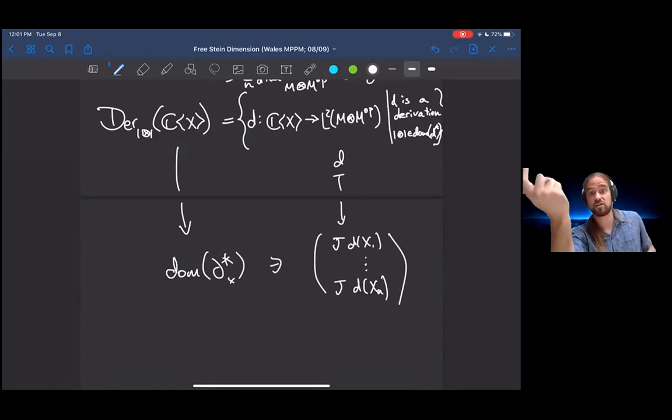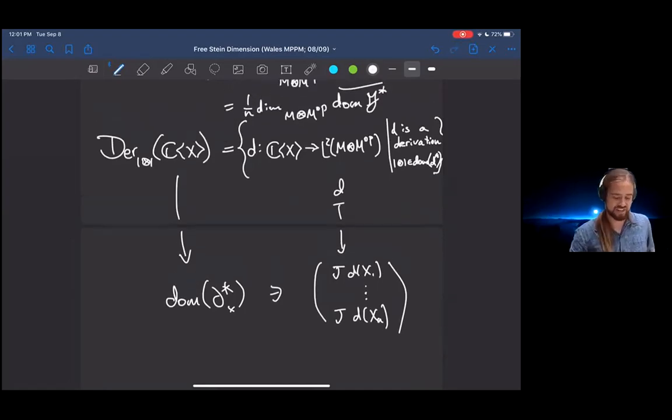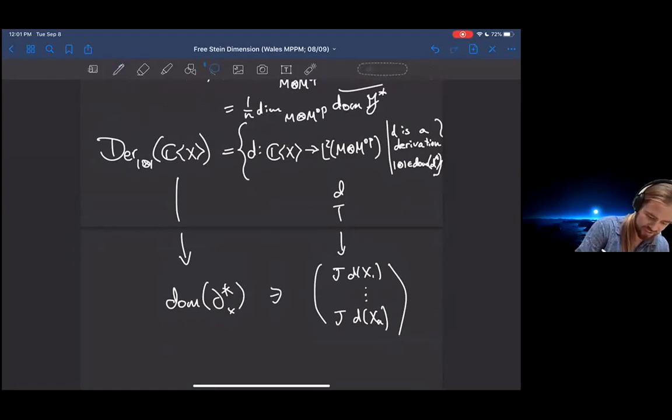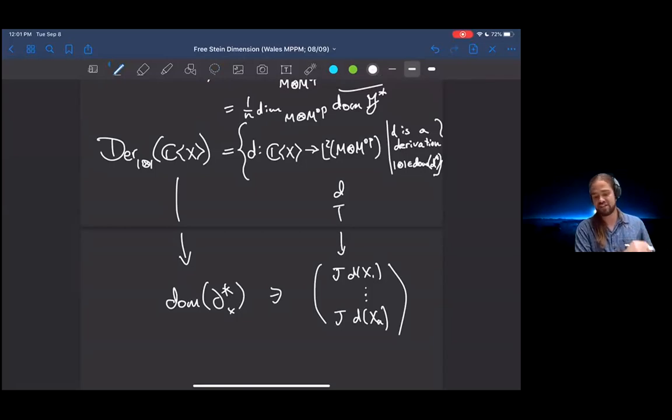And you can also show that it intertwines the module action on the space Der(1 tensor 1) with just multiplication on the domain of delta star. I should mention that the technical issue with working with the space of derivations is that there's not a good norm on it. It doesn't have a Hilbert space structure. So there's not a nice notion of dimension there, whereas the domain of partial star has a